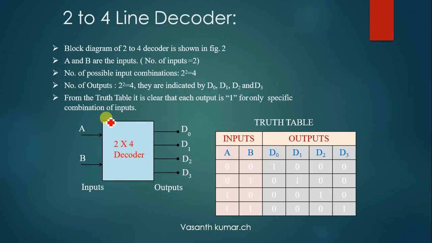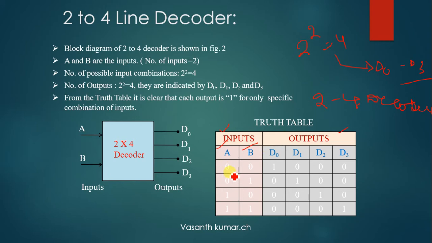Let us check what kind of combinations we can get with a decoder. Let us assume two inputs A and B. The combinations are 2 to the power of 2, which is 4 combinations. So it is capable of handling outputs D0 to D3. That means 4 outputs, since there are 4 combinations there will be 4 outputs. That means it is a 2 to 4 decoder. The input is a coded form, and the output is your message.